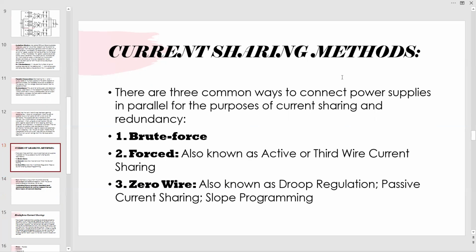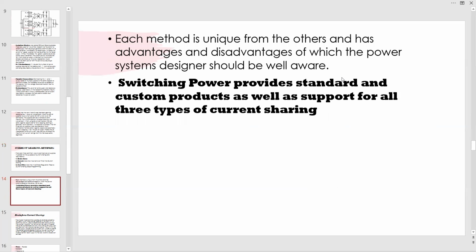Was also known as active or third wire current sharing. Zero wire, also known as drop regulation, passive current sharing, slope programming. Each method is unique from the others and has advantages and disadvantages of which the power systems designer should be well aware. Switching Power provides standard and custom products as well as support for all three types of current